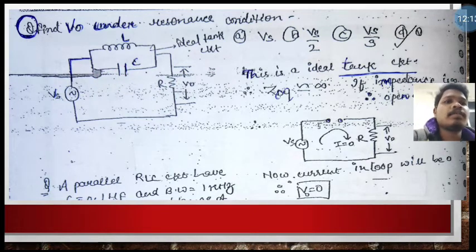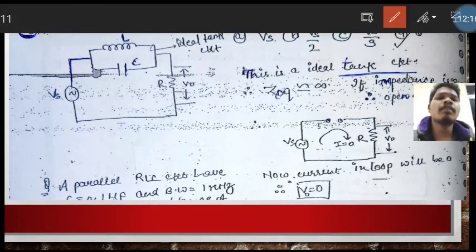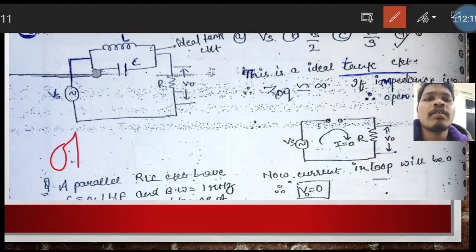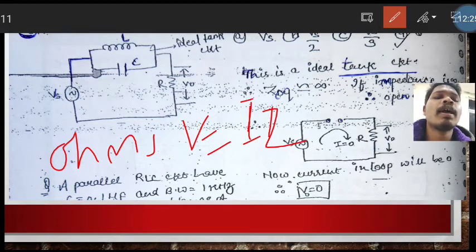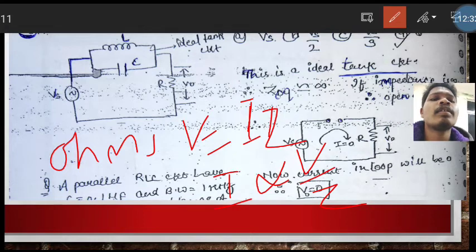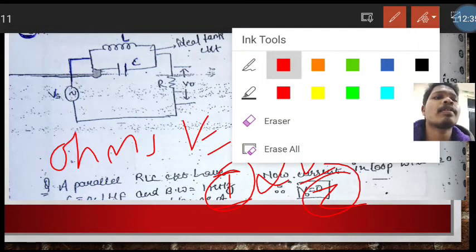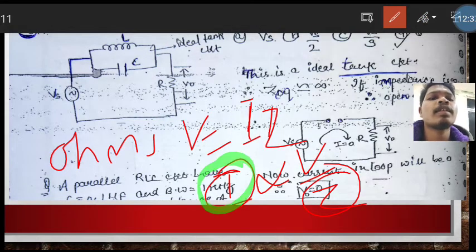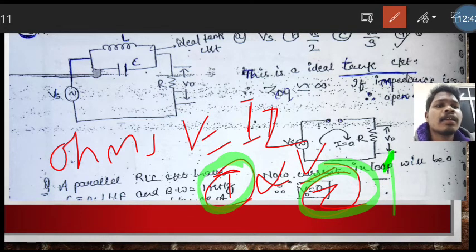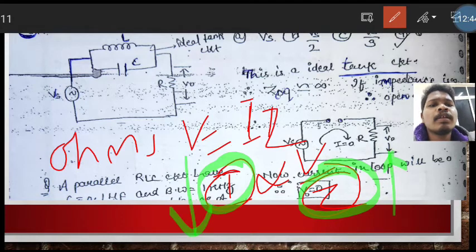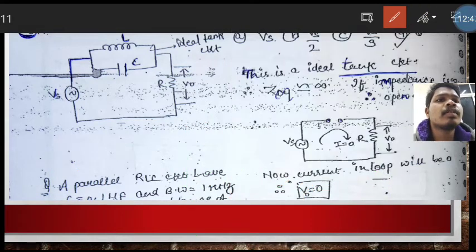Okay, see, by applying only Ohm's law. Ohm's law, V is equal to I into Z. V is equal to I into Z. So I is equal to what? I is directly proportional to V divided by Z. So it is inversely proportional to Z, yes or not? It is inversely proportional to the impedance. So if the impedance is very high, then the current will be low or the current will be 0.